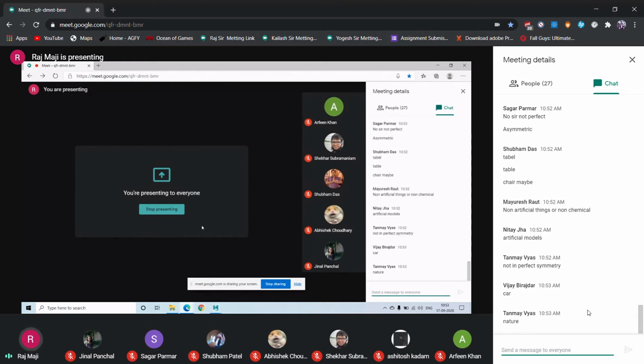Non-artificial things, so non-chemical, artificial models. Nita is saying, Tanmay is saying, not in perfect symmetry. Okay. Vijay saying car, Tanmay is saying nature.